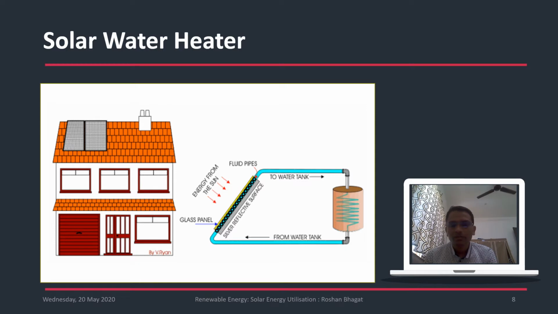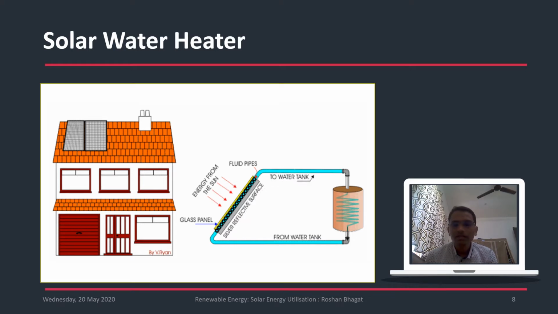If the temperature requirements are different, in such cases we can use some heat exchanger kind of arrangement also. So the primary fluid will transfer heat to the secondary fluid. The secondary fluid can be considered to be water in this particular case. Whatever the water, it has to be used for some applications, maybe for bath, or for an industrial process, or for some kitchen or household operation. In those cases the hot water can be utilized. So there can be two arrangements, either a primary fluid or a secondary fluid. Whenever we are using a heat exchanger, it means we are using two fluids, a primary and a secondary fluid.